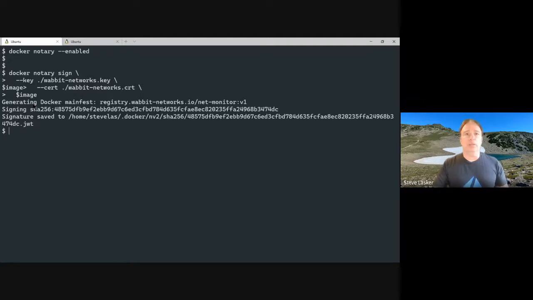And if we look, we can see that it is part of this flow. Remember, I didn't push anything yet. I'm still working completely offline. Today, the generation of that manifest is built into the push scenarios, but there's code that knows how to do that. So we've basically extracted that, and it exists in the NV2 client today. And I could cat out the signature.